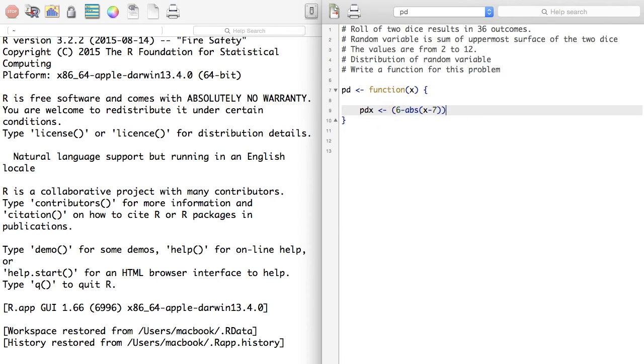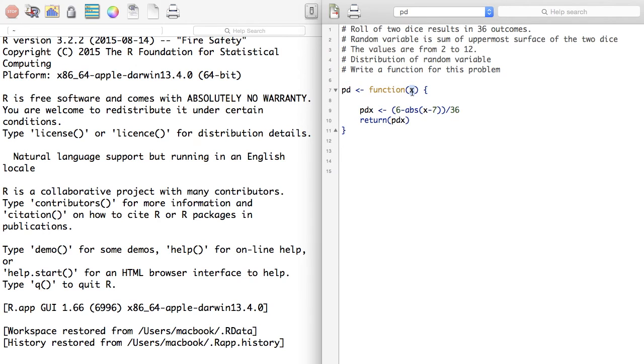And this is divided by 36. This is the function, and I would write return PDX, so I get the PDX. So the function is written, so this is the function that I wrote. Basically the function is object PD. These are basically the two lines of function.